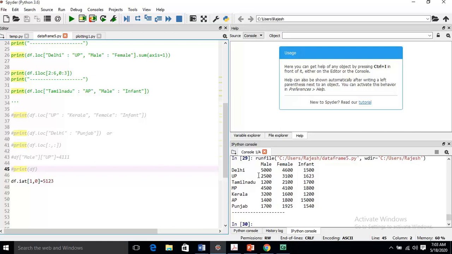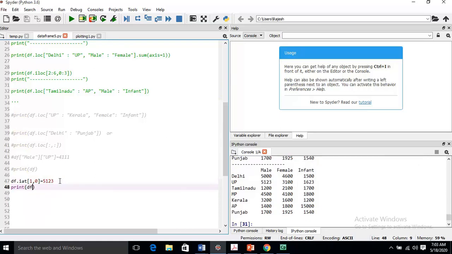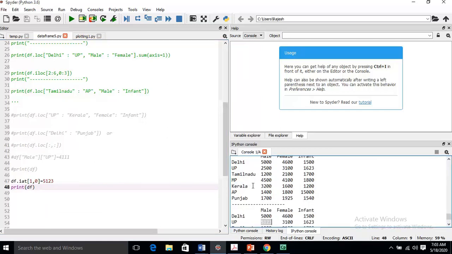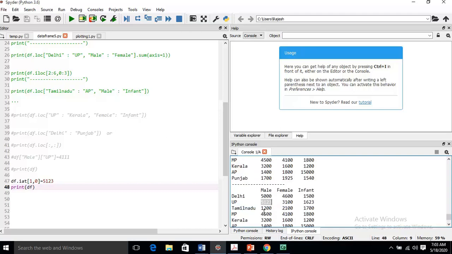Oh sorry, I have not used the print df. And you see, yes, it is working fine, 5123. The previous value was 2500, whereas it is replaced by 5123.